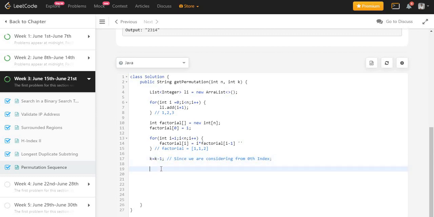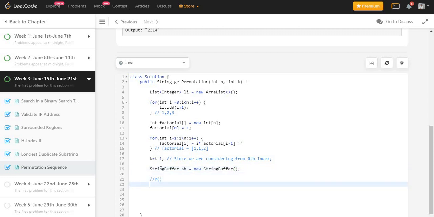Now I will run a for loop to find those 3 numbers and append them in a string. For that I need to declare one string. In this case I am using StringBuffer. You can use a normal string also. So let me declare one StringBuffer sb, new StringBuffer.